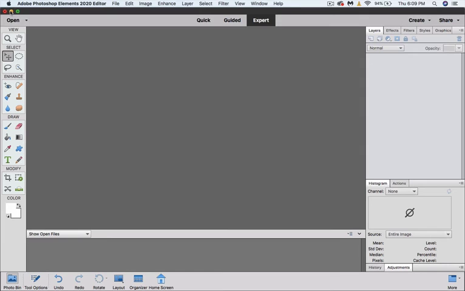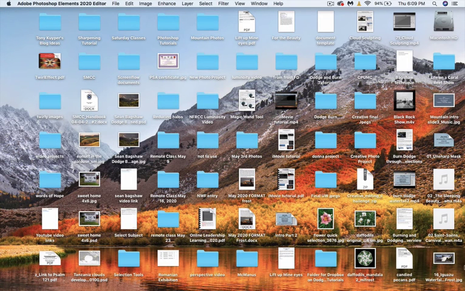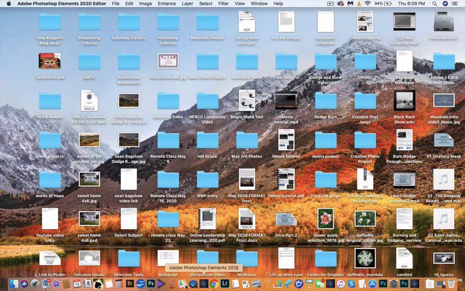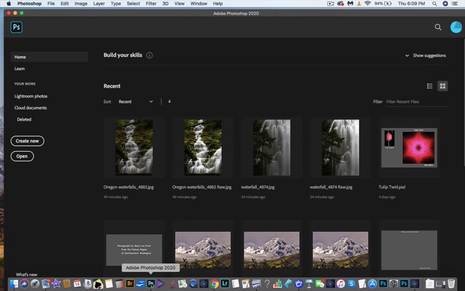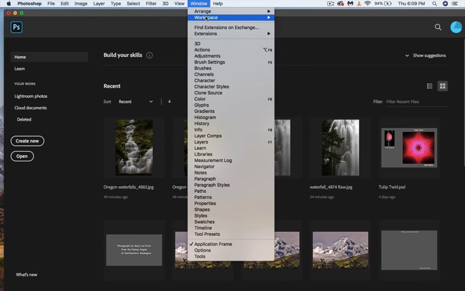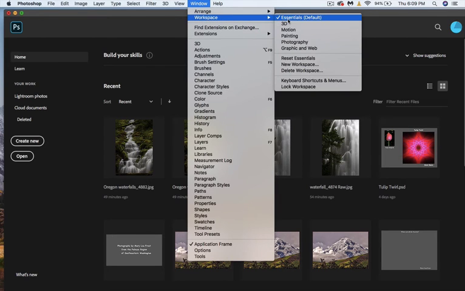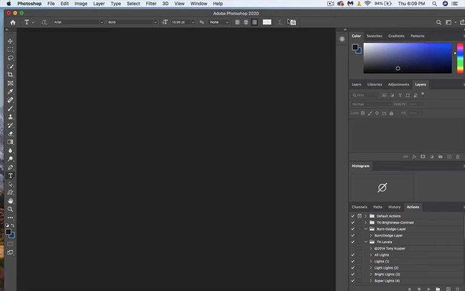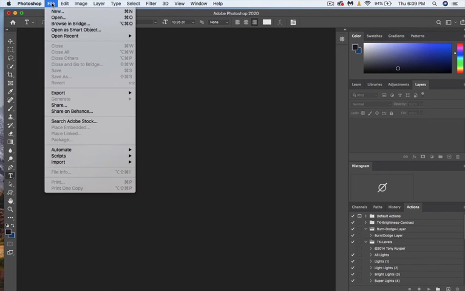I'm going to get rid of my Elements and bring up my Photoshop CC. Mine doesn't like to open in the workspace I like, so I'm going to make it Essentials. All right. Now I'm going to do the same thing with the third set, but for those who are working on Photoshop CC, it'll be exactly the same thing I'm doing, but it looks more like what you're looking at. So go to the Photoshop file, open,